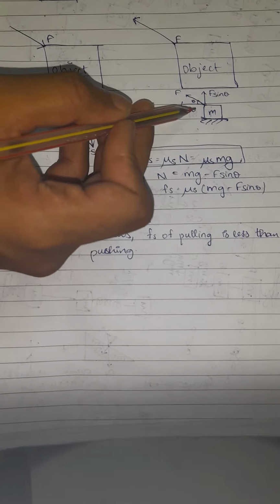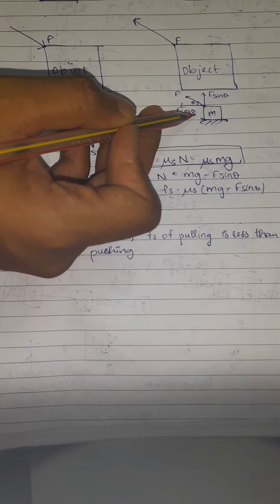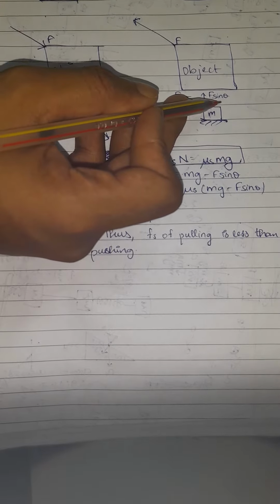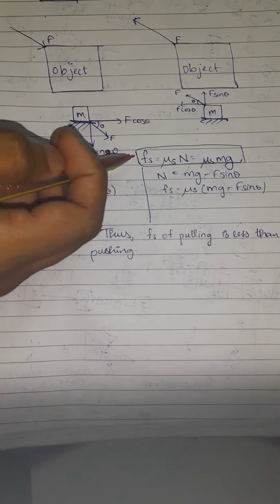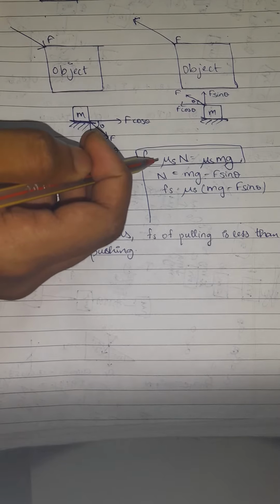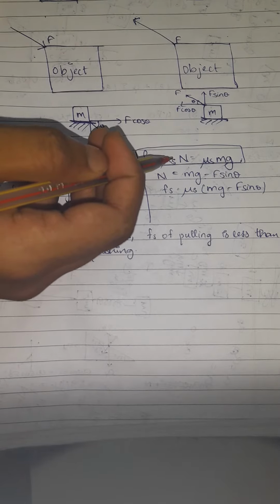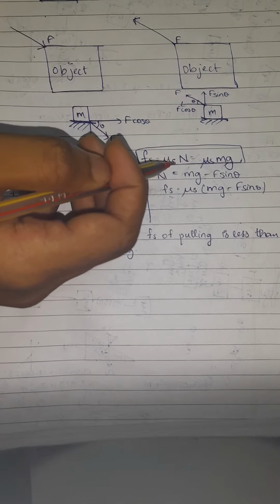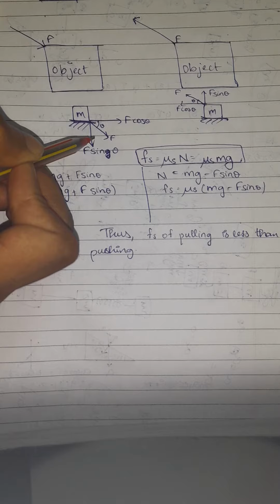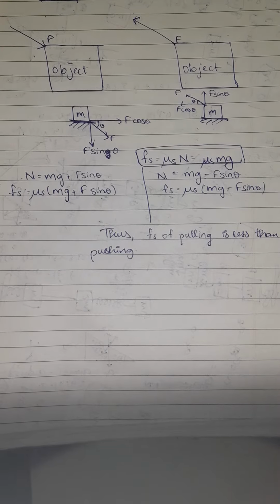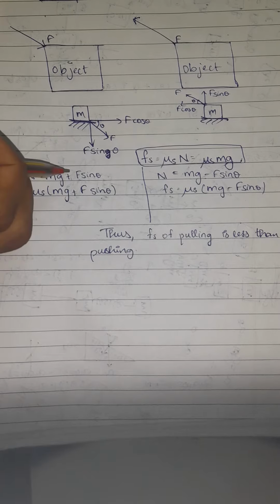In the pulling case, there exist two components, F cos theta on the horizontal as usual and F sin theta on the vertical, acting upwards away from the ground. Fine. Now we know the force of friction is nothing but the coefficient of friction times the normal force, where normal is usually mg, but it's not so in this particular case because of the additional component of F sin theta in both cases. Now, calculating the normal force comes out to be mg plus F sin theta